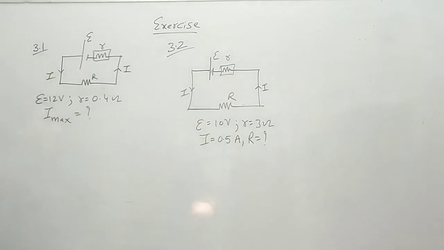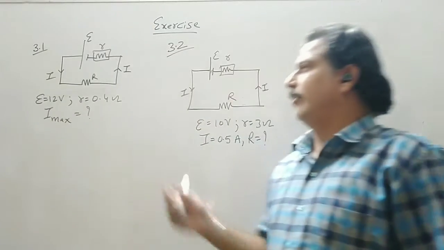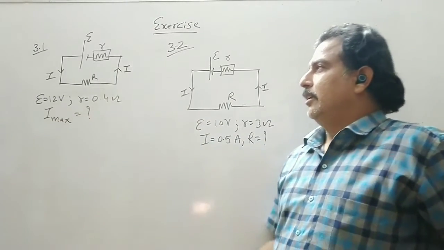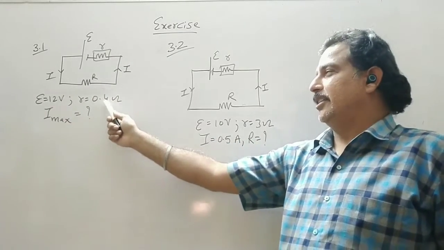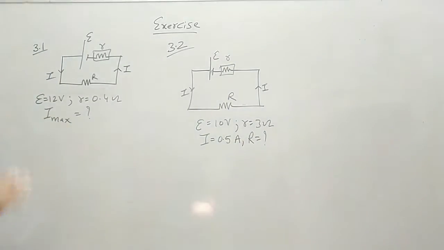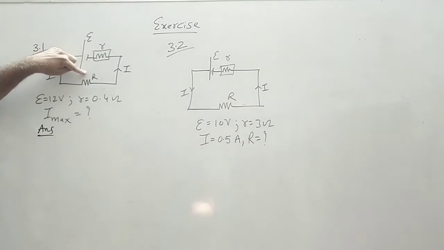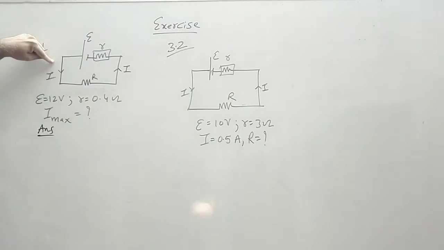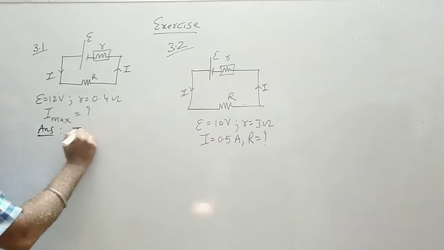Now let us see question number 1 and 2 of the exercise, which are the direct application or the direct formula. In the first case, a battery of 12 volt for a car having an internal resistance 0.4 ohm is given. We have to find out the maximum current in the circuit. Suppose we know that we connect an external resistance in the circuit to control the current I, and if we don't connect this external resistance, the current in the circuit is dangerously high, which may damage the circuit.